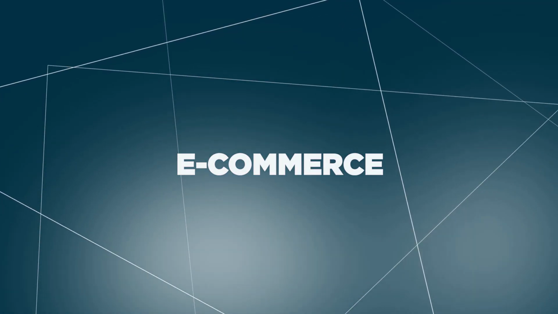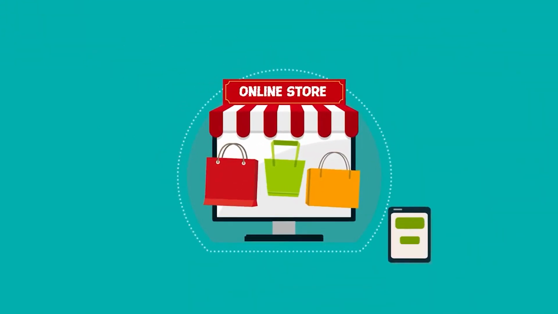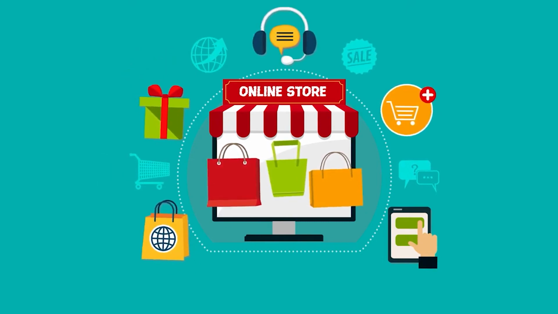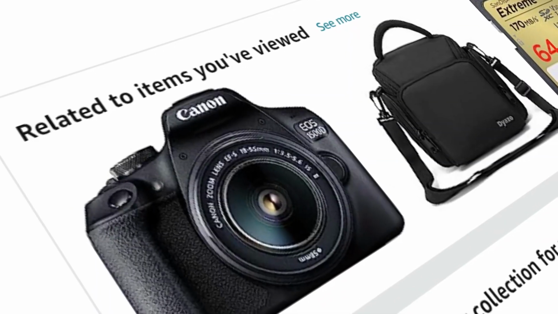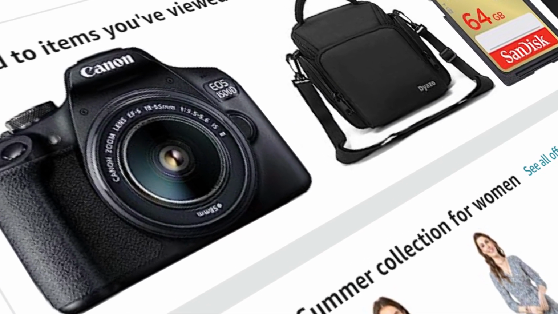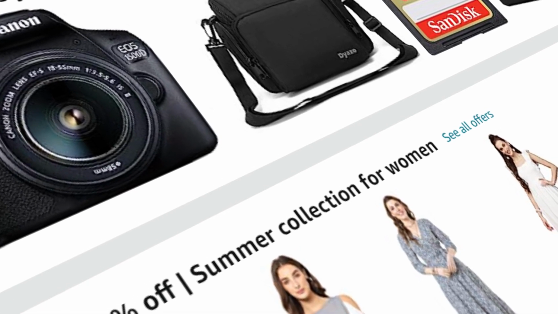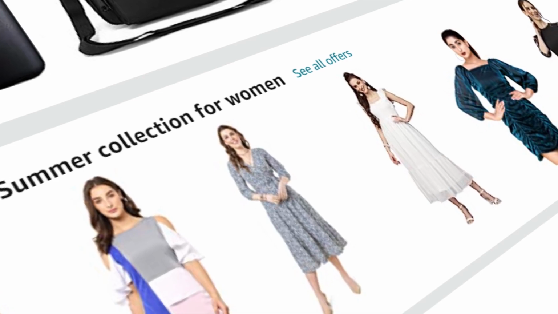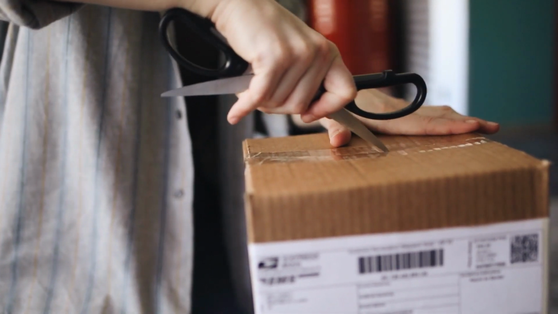E-commerce is the point I wanted to touch on last, because e-commerce has been one of the best gainers of data science and machine learning. Like I mentioned previously, when you open Amazon, you will see all those recommended products, like these are products that might be useful to you or that you would like to buy. In the back end, it's data science or machine learning processing all the data about the particular product that you have searched for, and it goes through your historical orders or historical searches and recommends particular products for you.